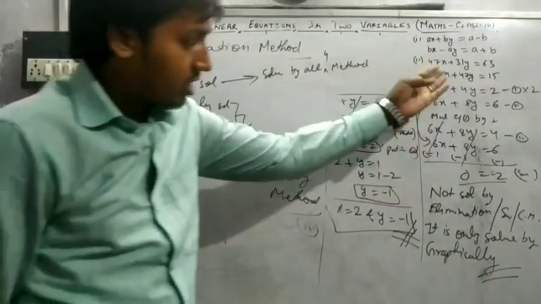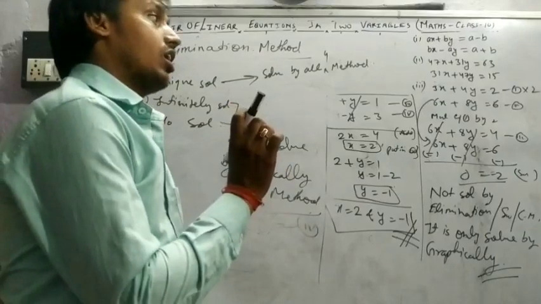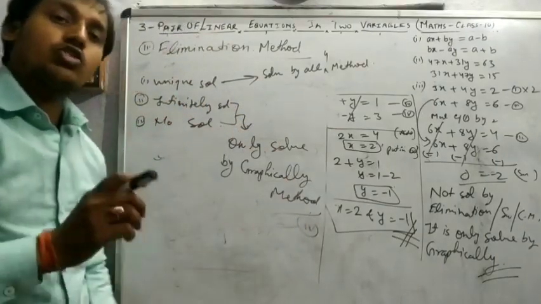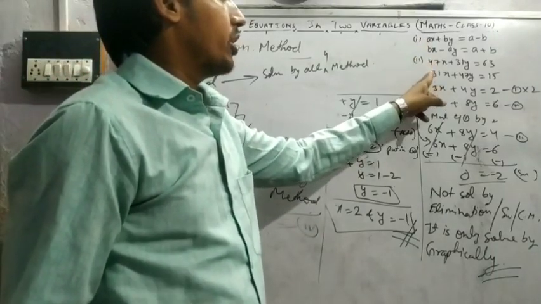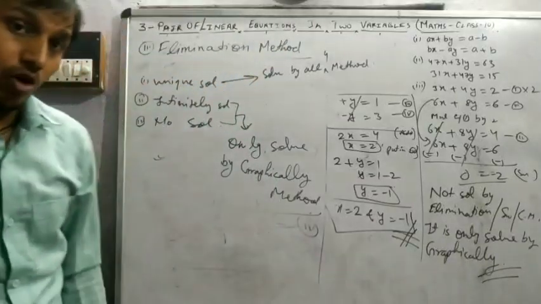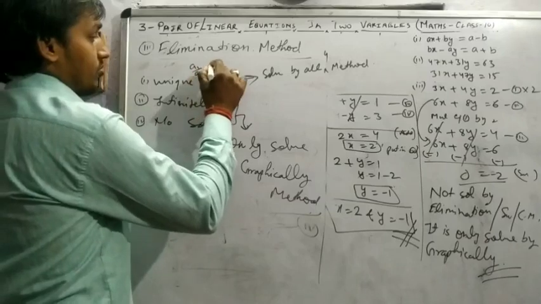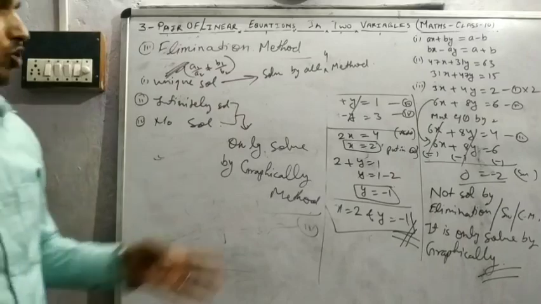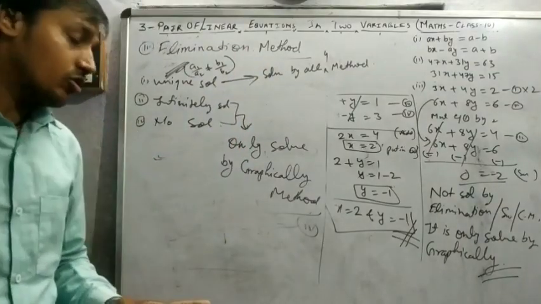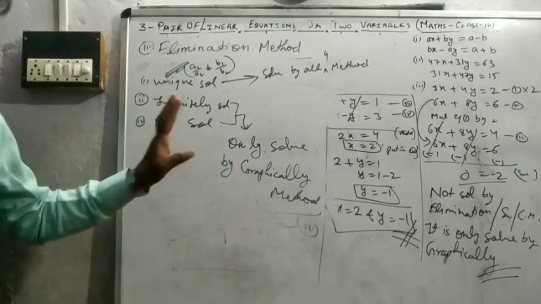Okay, that's what you see in this example. That's a very important thing. So before solving the question, first check in your mind that the ratio a1 upon a2 is not equal to b1 upon b2, because that gives a unique solution. If the equations have this type of relation, you can solve this way. Otherwise, directly write down that it's not solved by this method. Okay? Pause the video, note down.